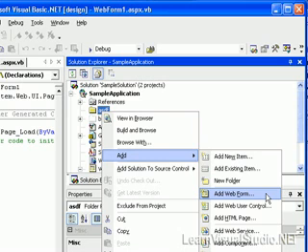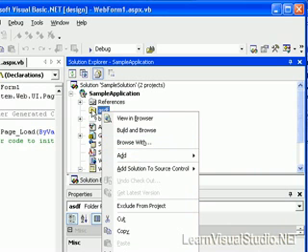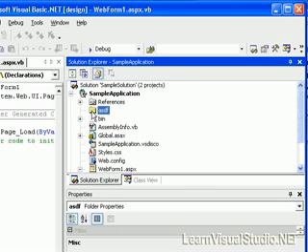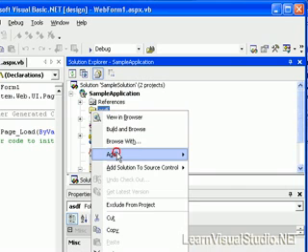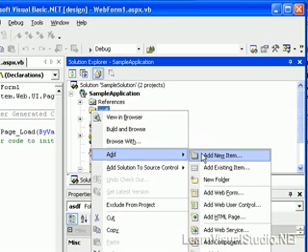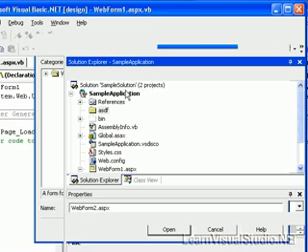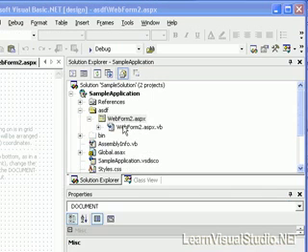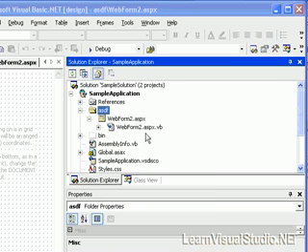Also, you're able to add folders in order to better manage the files within your application. And you could rename it if you'd like by selecting Rename from the menu and type in the name that you'd like. You can also then add files to it. For example, the new item, the existing items, or any of the predefined items that appear within the pop-up menu. So it's a quick way to add a web form or a quick way to add a new web service